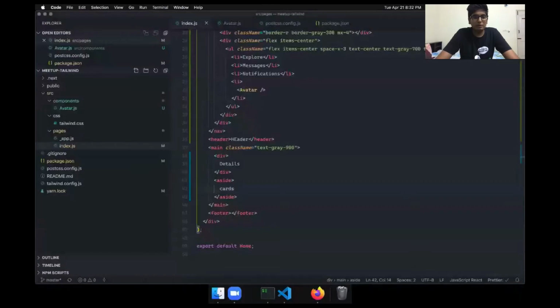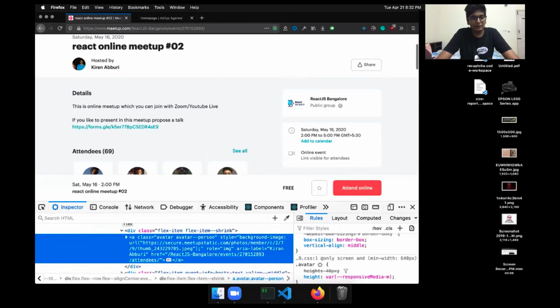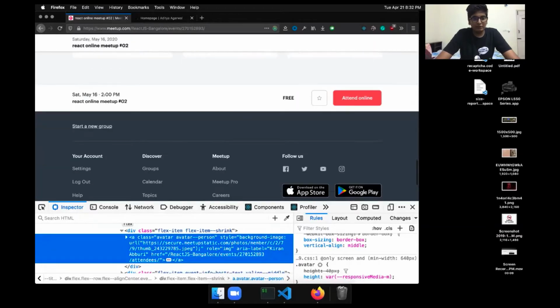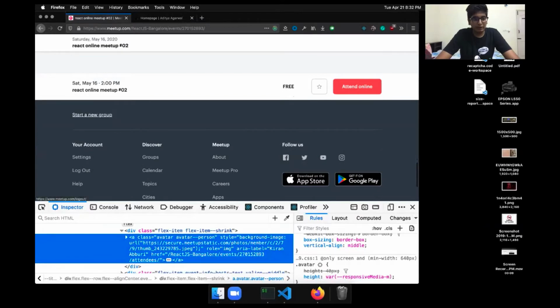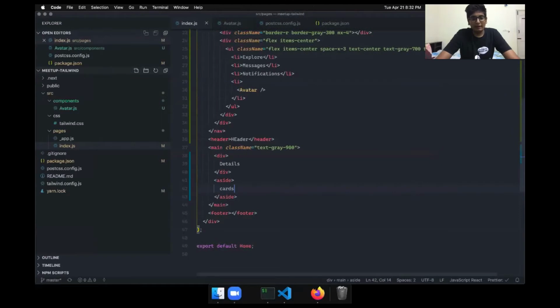Cool. And next we are seeing that there is a consistent gap between this left thing and the right thing, and that gap stays there. So it is also present here and on the footer as well. It was not in the navbar. So what I like to do is that here in the main I can define the px should be say 32.